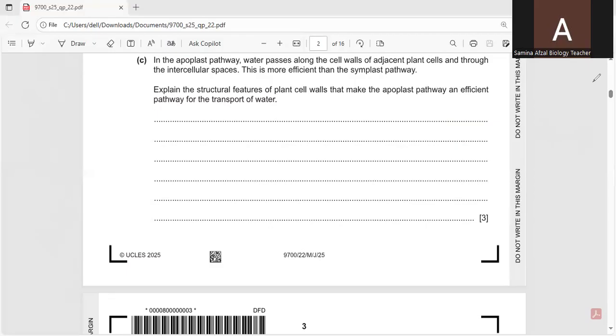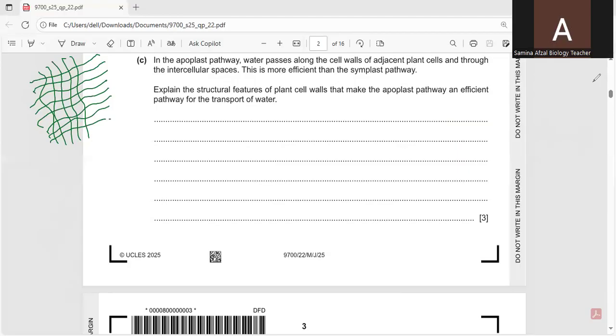The cellulose fibers make a crisscross arrangement in this way. You can see they make a crisscross arrangement, and due to this crisscross arrangement, you can see pores are produced. Due to this cellulose, the cell wall is porous in nature, or it is permeable. So it makes a permeable membrane. So due to the crisscross arrangement, I would like to write the first point, that is the